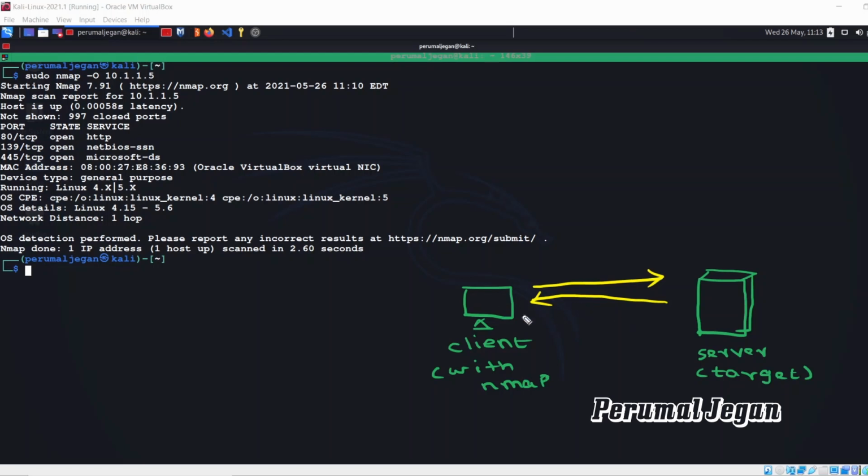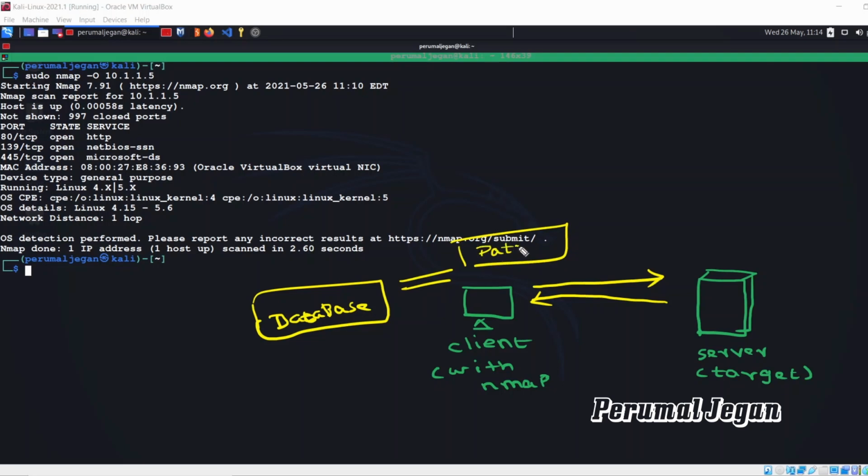The server processes those probes and responds with some other pattern of probes. The client collects all those probe responses and creates a database with the collected information from your target. In order to find the operating system, it has to compare this database with another database which Nmap keeps.